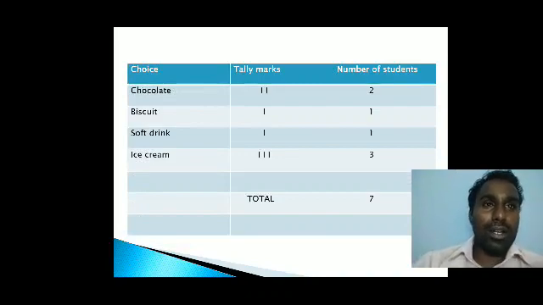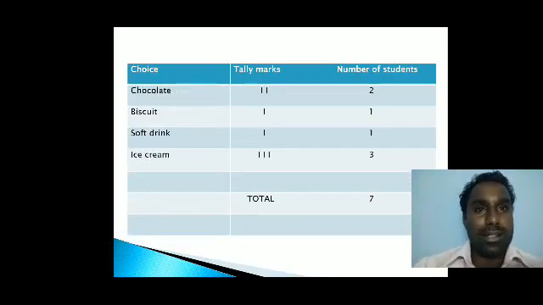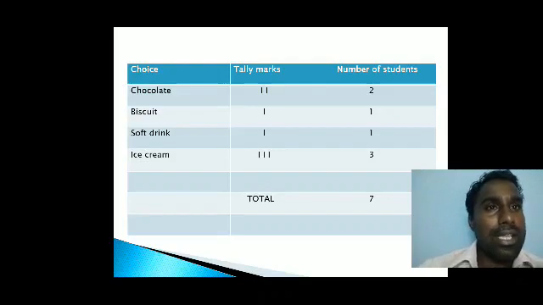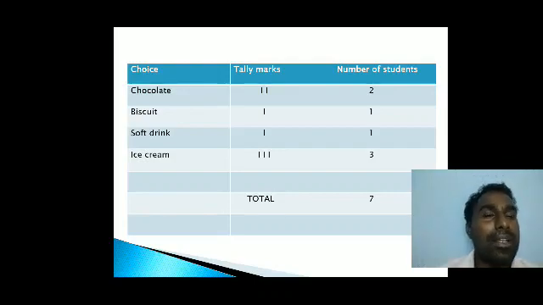The next one is, who all want chocolate. In that class, just imagine 2 raised their hands. So the number of students is 2. Here the first column is choice, what is their choice. The second column is the tally marks. Tally marks means simply we have to put marks. For example, in that famous comedy, the Parota Suri one, in the movie Vanilla Kabaddi, he marked 1, 2, this many parotas he ate, right? Same thing, you have to remember that.